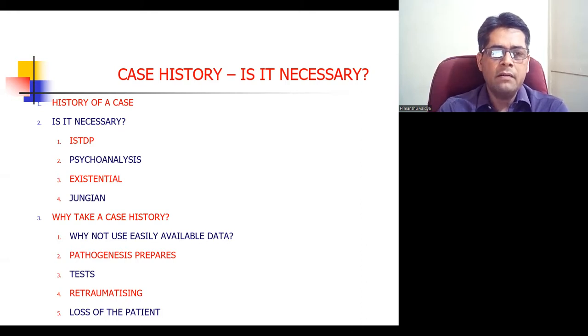On the other side are 95% of people who definitely take a case history, and their arguments are, why not use easily available data when it is available? Second, it is too risky to go into therapy directly without taking the case history. What if the person is psychotic, impulsive, violent, psychopathic, or extremely fragile? Unknowingly we can harm the patient,